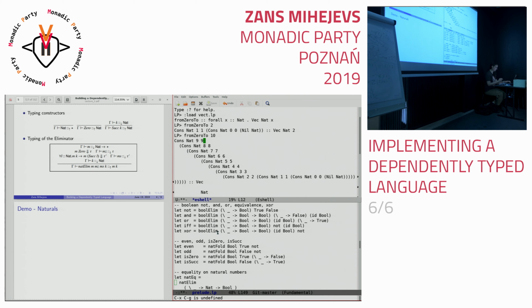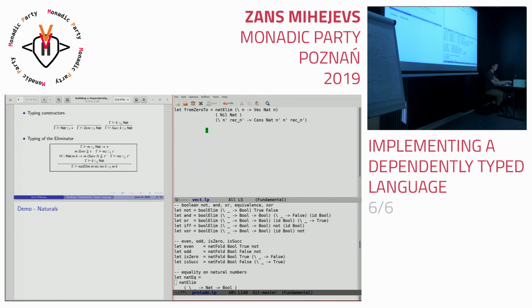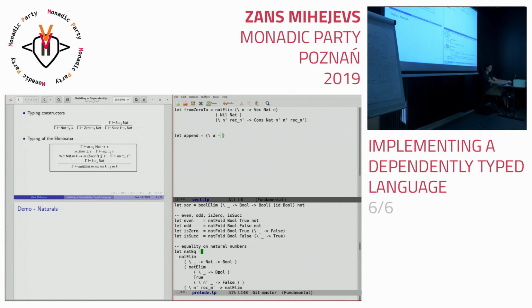Because if we see how to add two of them, then you'll see dependent types in action, which is quite nice. So let's go into vect LP, and let's say we want to do let append equals, and so our append we want to be adding to